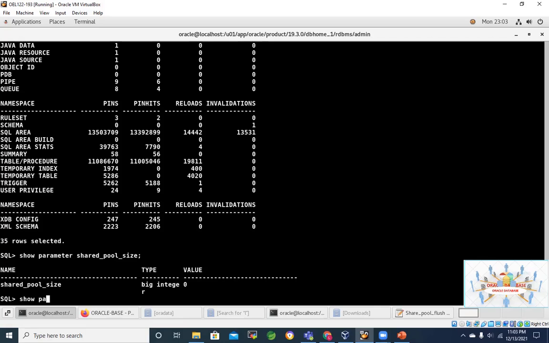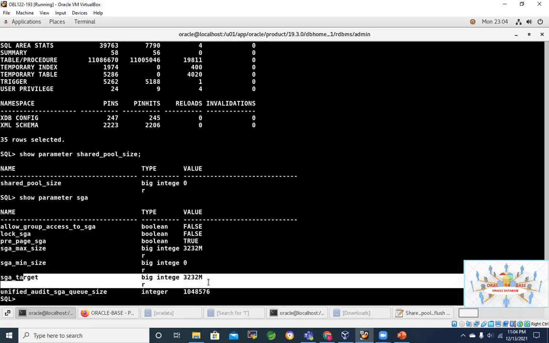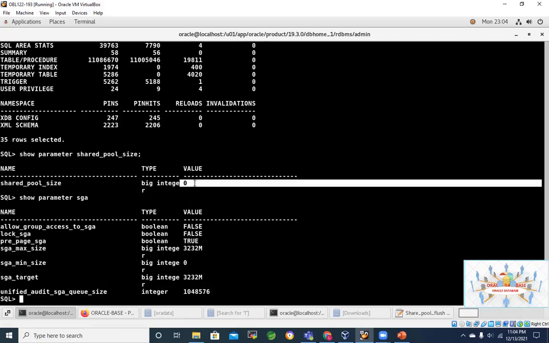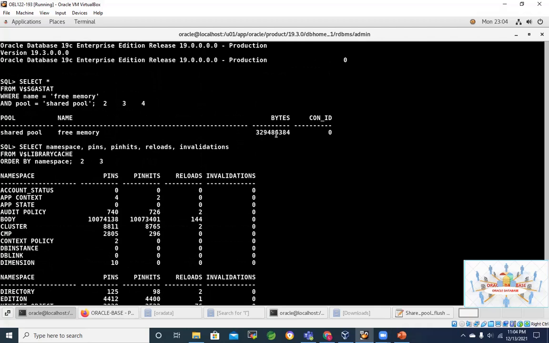Let's see show parameter. Let's see. Yeah, my SGA target is on. That means I have enabled automatic memory management. So that's why this shared pool size is 0, because it's managed automatically. But at the moment with automatic management, I have this much of